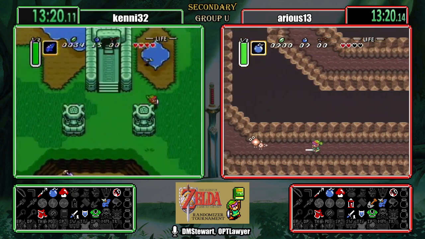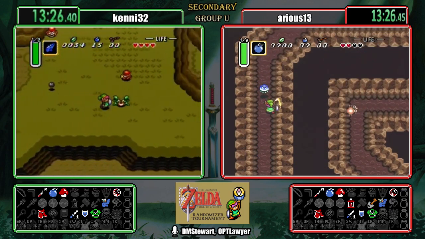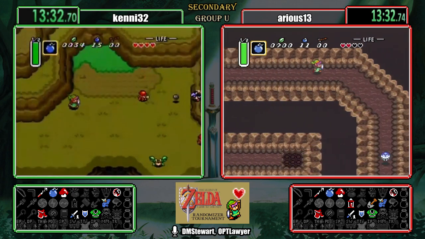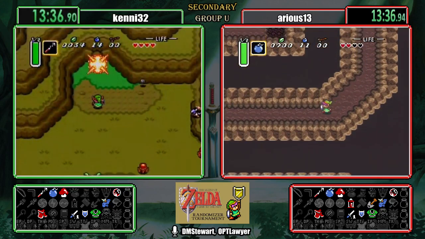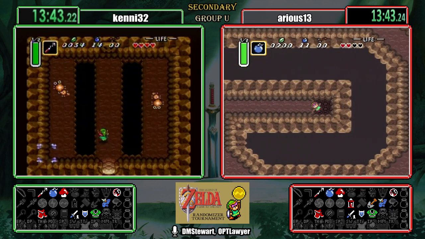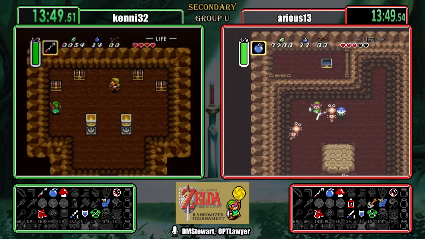Kenny picking up his hook shot, and that's Mini Moleworm Cave and Ice Rod Cave still. Oh, that's right. Arious didn't go over that way. He got that hook shot and just left. Let's see what's in Spiral Cave over on...